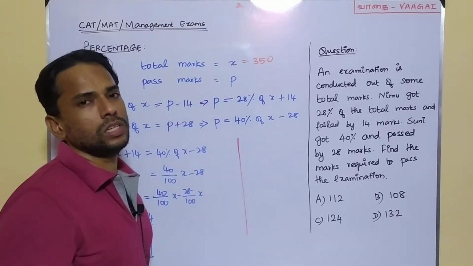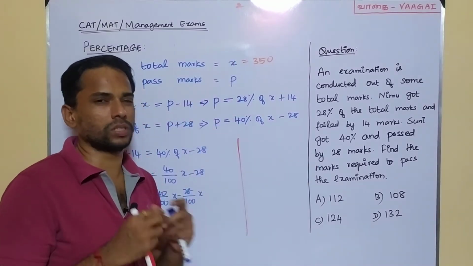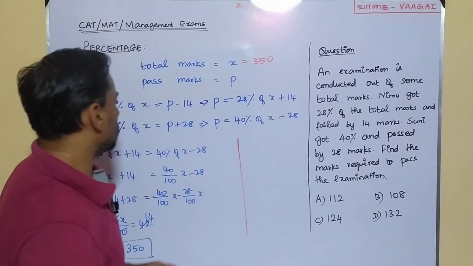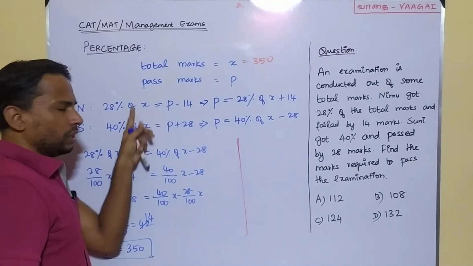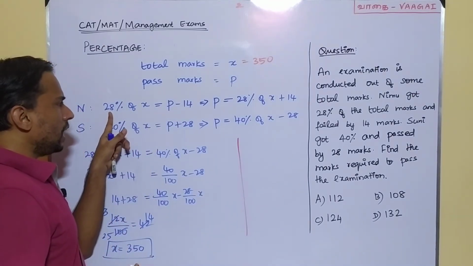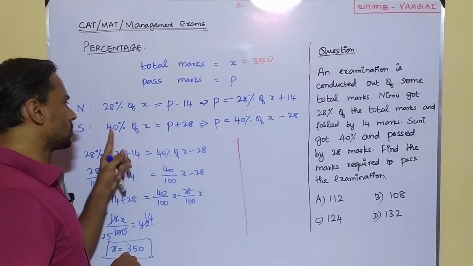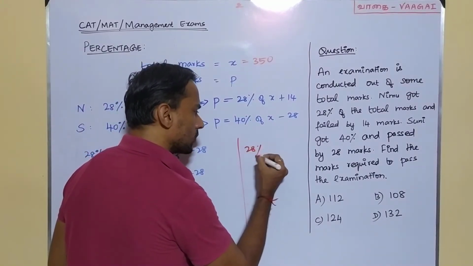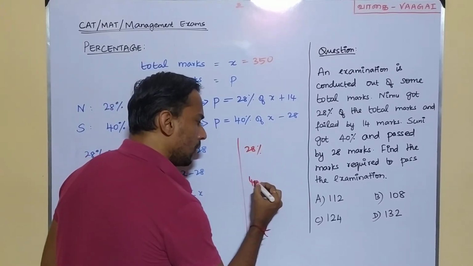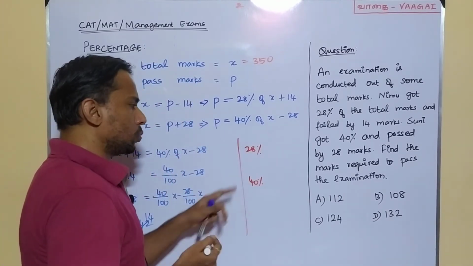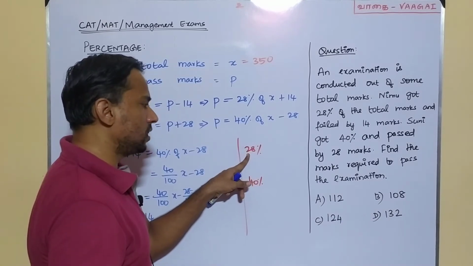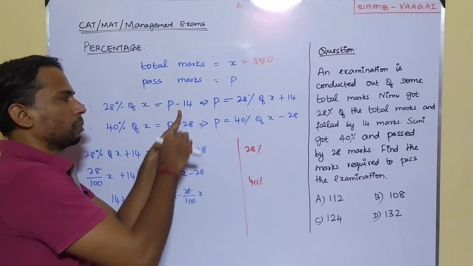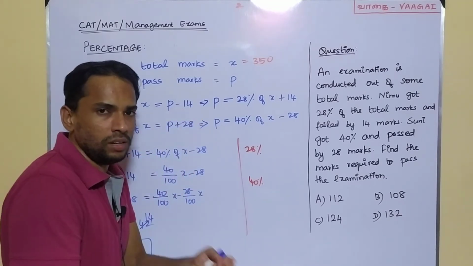We can use a very easy, simple logic that follows with the concept of percentage. If you are strong enough in that percentage concept, you can easily follow it, right? Why? Because it's very simple. See here, there are 2 students and one of them is getting 28% of the total marks. The other one is getting 40% of the total marks. So one is getting 28%, the other one is getting 40%. And the first one, 28%, is equivalent to what? Less than pass mark. By how many marks? It is 14 marks less than the pass mark.